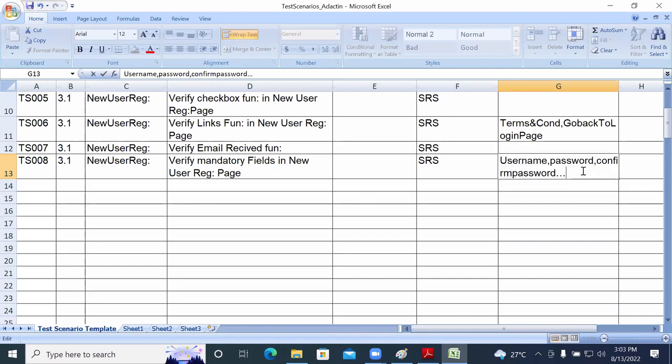Username, password, confirm password, full name. Whatever things are there, you need to provide all of those. You need to write all the mandatory fields. Whatever mandatory fields are there, you need to provide all the mandatory fields here. Okay, done. Next, TS